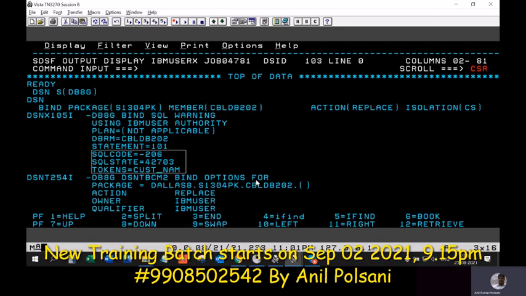The pre-compilation step is only responsible for replacing the code and using that for compilation. Bind is the place where we compile the query part and check the correctness of the query. It will check that the query columns and tables are properly spelled. It will check who is the owner, what qualifier I should use. These things will be discussed in the concept of package creation. You got it?